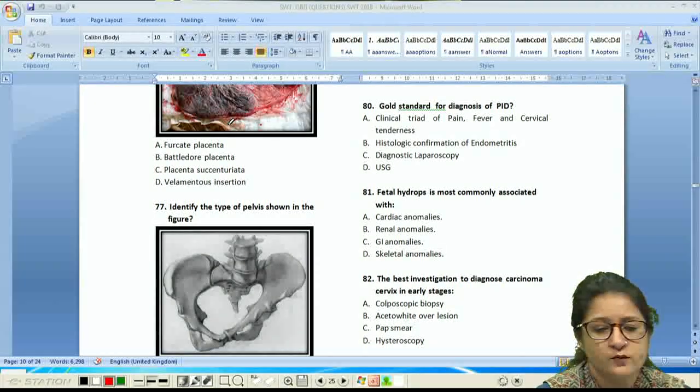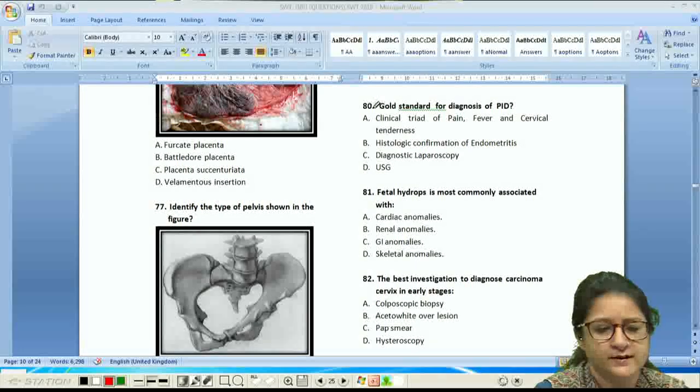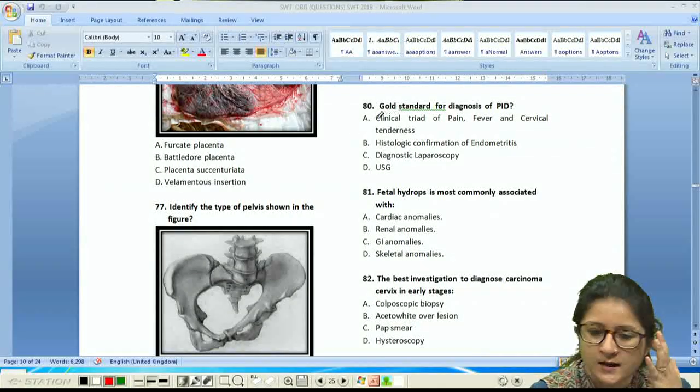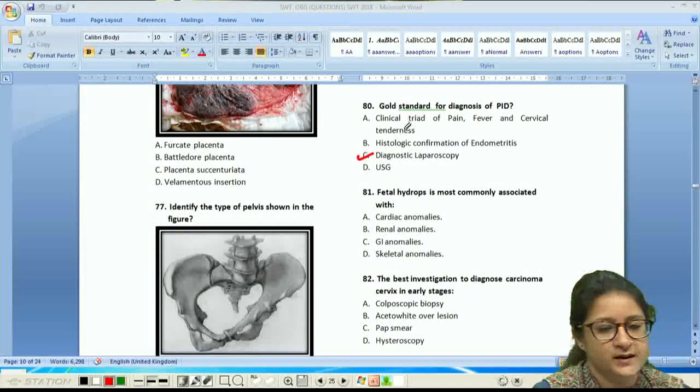All right, now moving on forward with our next set of questions. Let's see question number 80. What is the gold standard for diagnosis of PID? Now the answer to this question is diagnostic laparoscopy. You see all of these features, clinical triad of pain, fever, cervical tenderness,